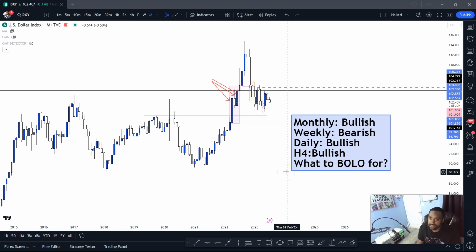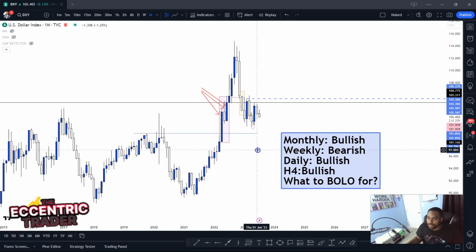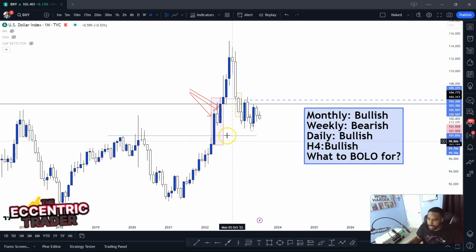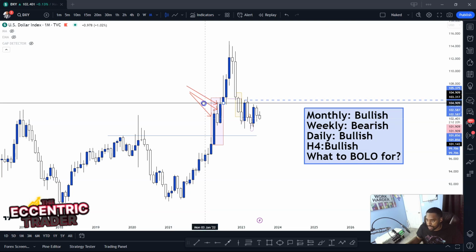Top down analysis, DXY, US dollar. Alright, let's go. This is monthly time frame. Last level of resistance that was broken to send the market in an uptrend was right here at 99.70. Alright, so after that, 1, 2, 3 candles printed, and that's enough for me to say that the